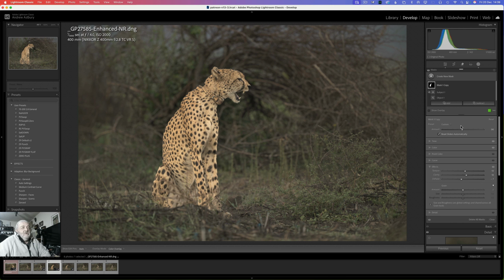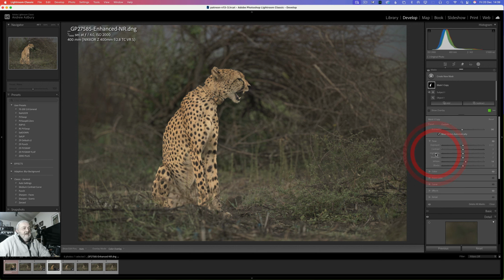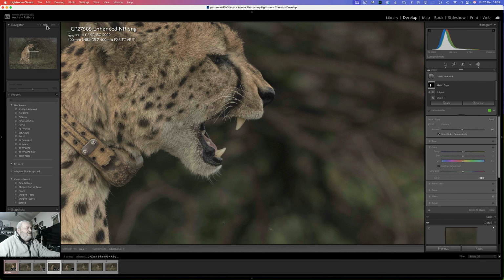Of course I don't want all the various adjustments I put on beforehand, so we'll neutralize all of those. It would have been quicker to make a new mask actually, but we'll zero all those out. So there we go, and then all I'm going to do is come in at 100% and just make sure